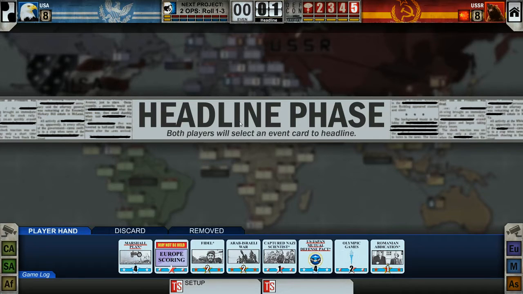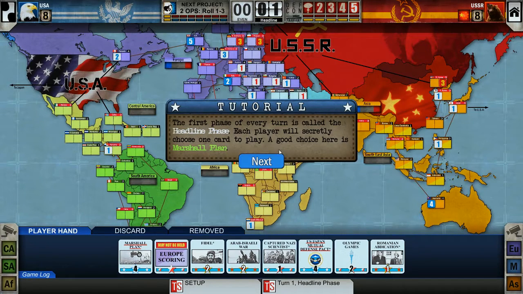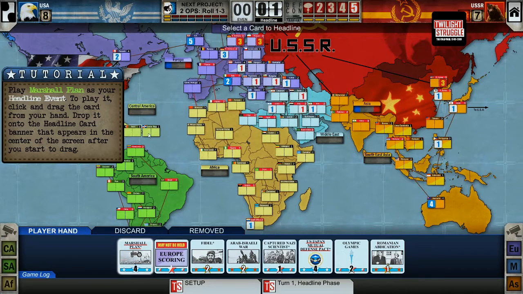Headline phase. Both players will select an event card to headline. The first phase of the turn is called the headline phase. Each player will secretly choose one card to play. A good choice here is the Marshall Plan. Play Marshall Plan as your headline event. To play it, click and drag the card to drop from...